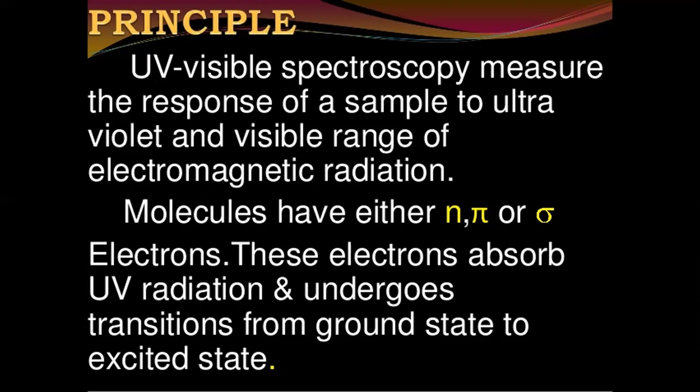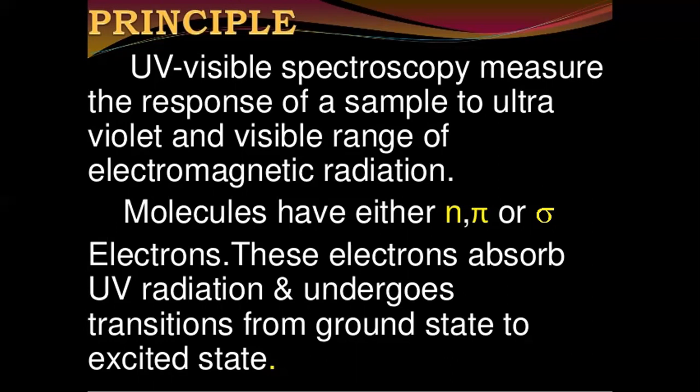So different types of radiations are absorbed by the molecules and they cause different types of transitions in the molecule. Therefore the molecular spectra are named depending on the transitions that take place in the absorption of the electromagnetic radiation. These transitions correspond to electronic transitions, vibrational and rotational transitions, and atomic nuclear spin transitions. So here UV visible spectra is the electronic spectra.